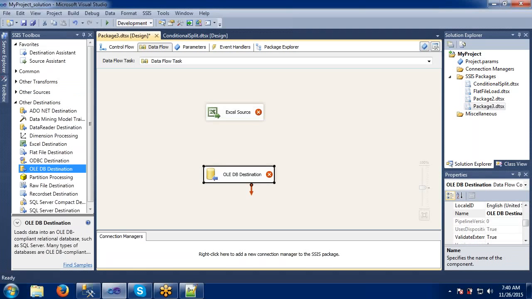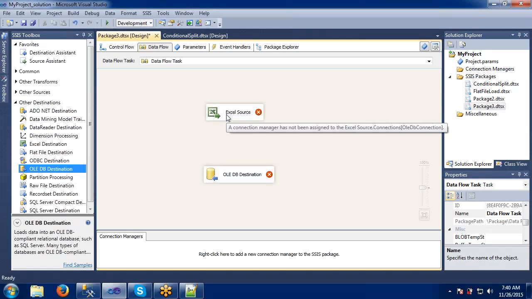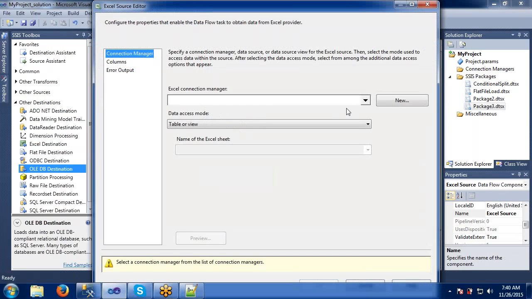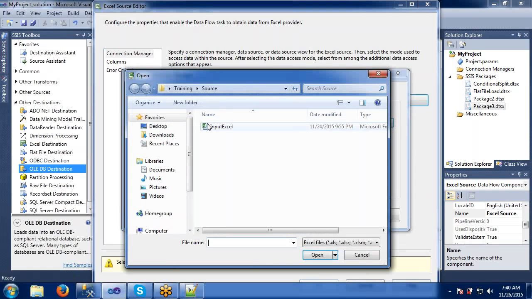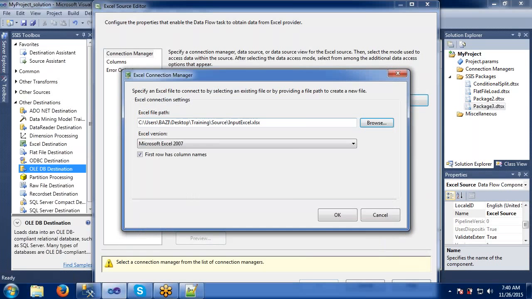Table, OLEDB table. Okay. First, let's make the connectivity to the source and destination. Double click. It is asking where your Excel is. I have some Excel in my folder, and I'm taking that one.